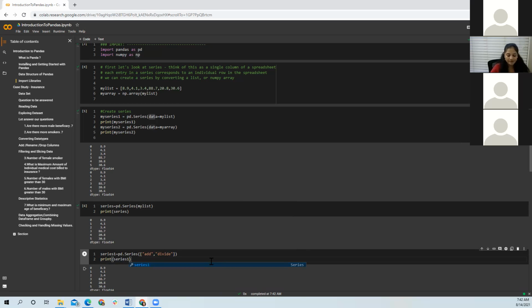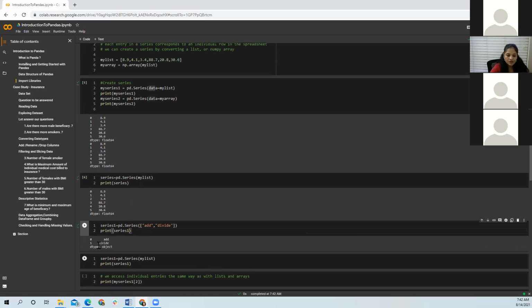Sorry, it should have been series 1. So now you can see a series which has strings as values, but here you will not see string as a data type. For all string data types, Pandas refers to them as object.